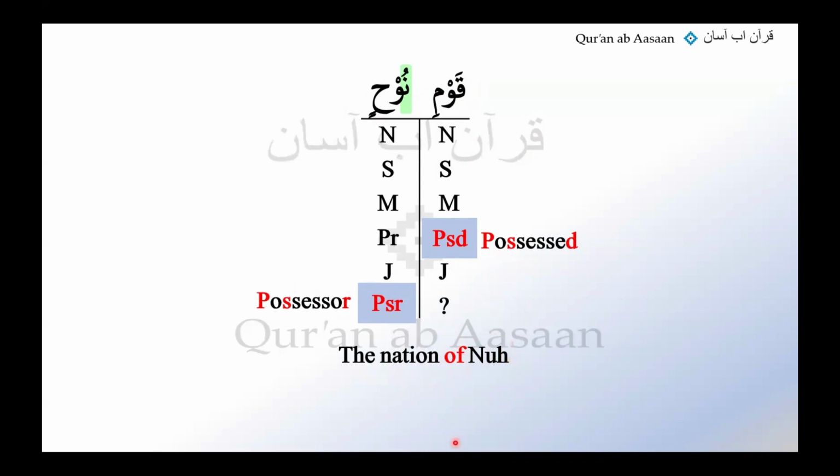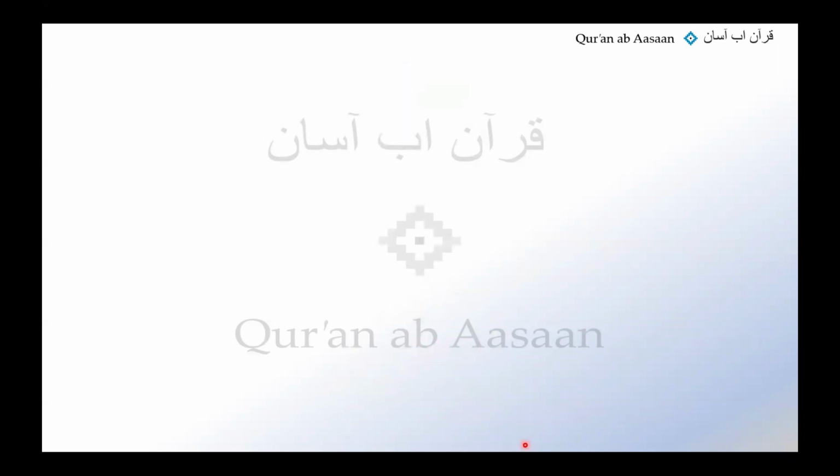All right. Okay, I can see the question in the chat box saying, why are we adding the "the" with the nation here when we can't see it earlier? Hold on to your thoughts. We're going to talk about it in a sec, all right? The nation of Nuh, or we can also say Qawm can be translated as the people of Nuh, okay? Sorry, going back to the question of why we are using the "the" in the translation here, please hold on to your thought. We are going to talk about it in a minute, inshallah.